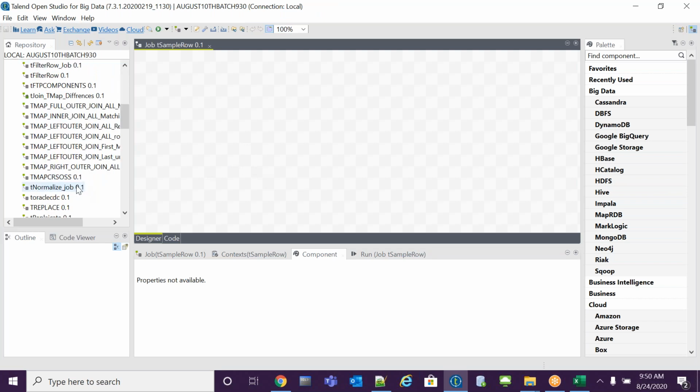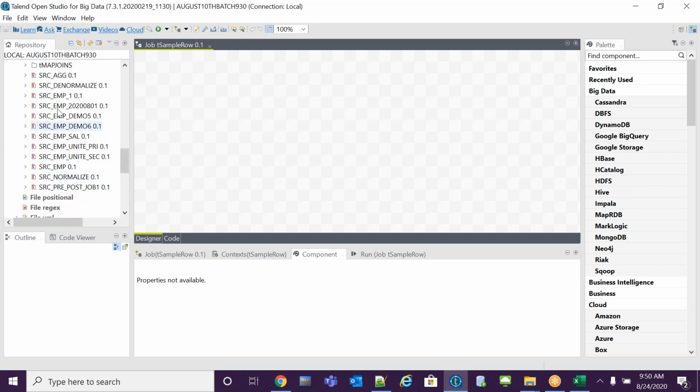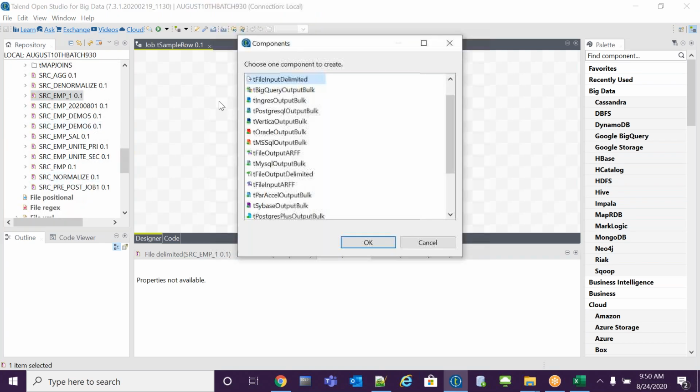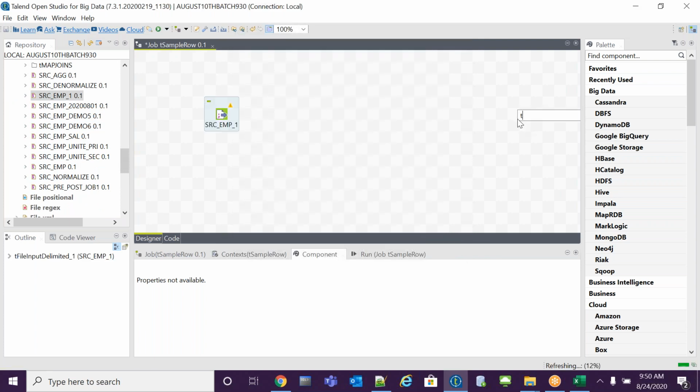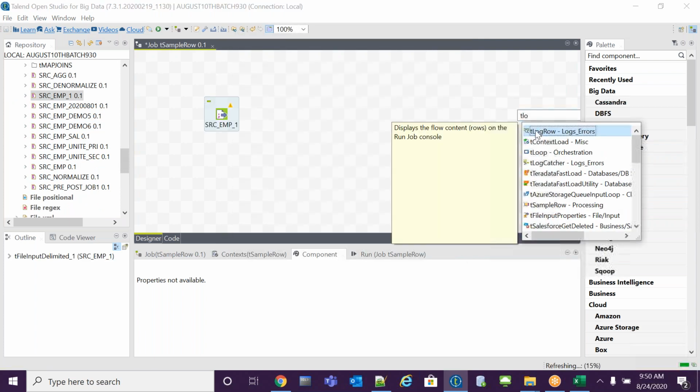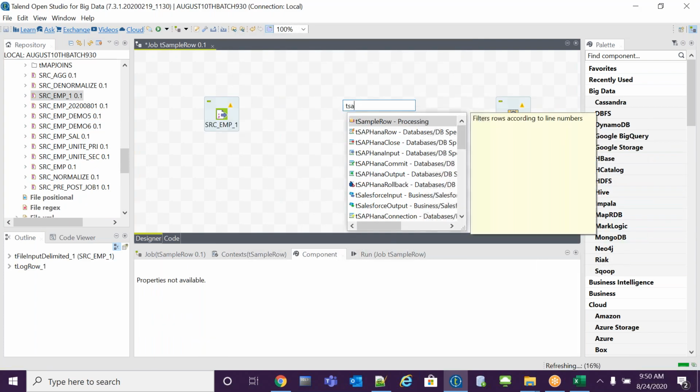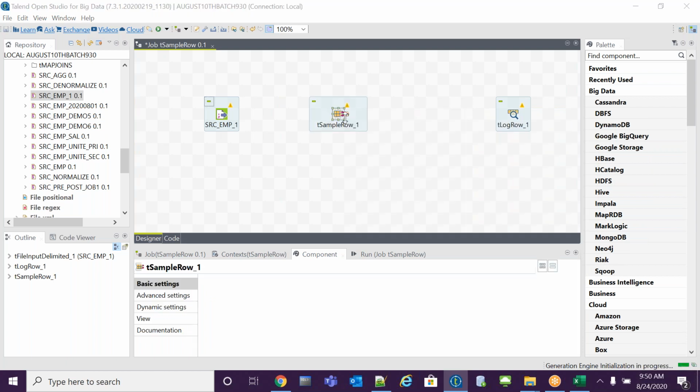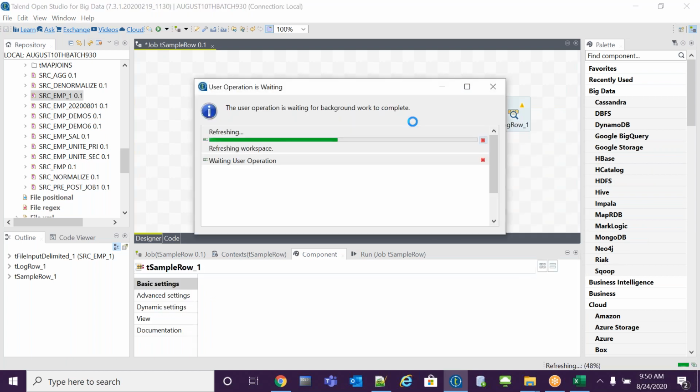Drag the source metadata to the designer workspace and take the target as a tLogRow. In between I want to get only the fifth record. By using the tSampleRow, I can achieve it. What is the use of a tSampleRow? I want to get particular records, which we can define in the tSampleRow. Let me see.